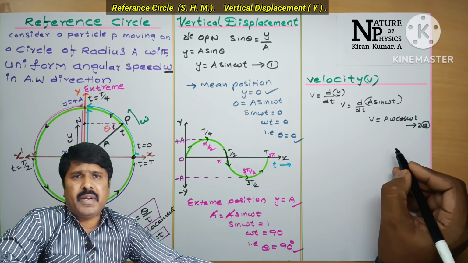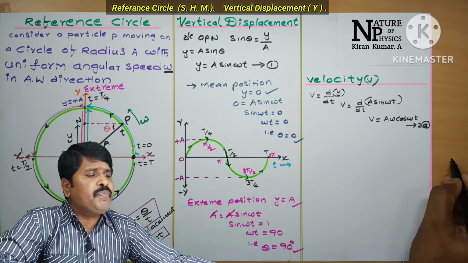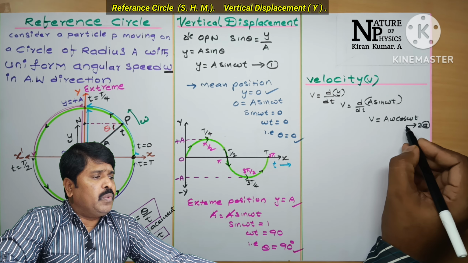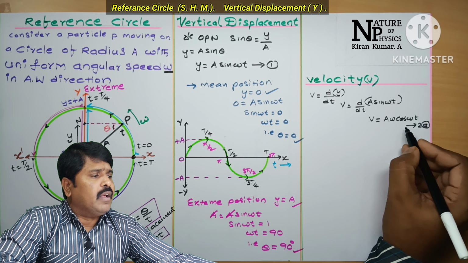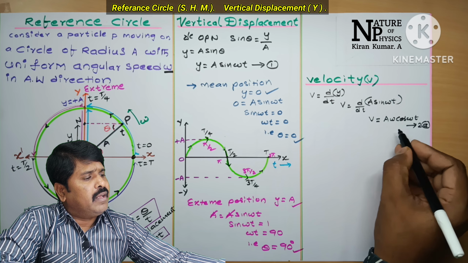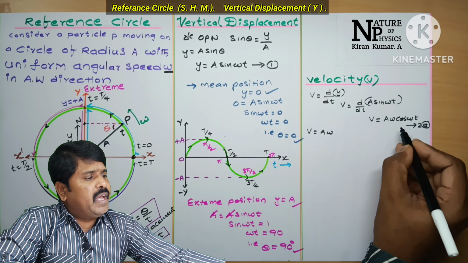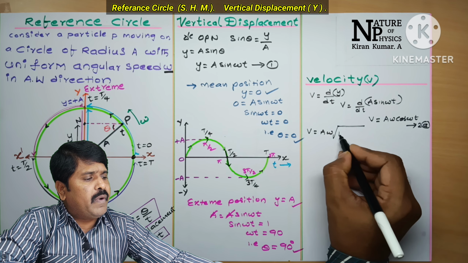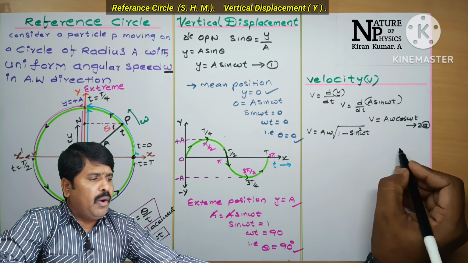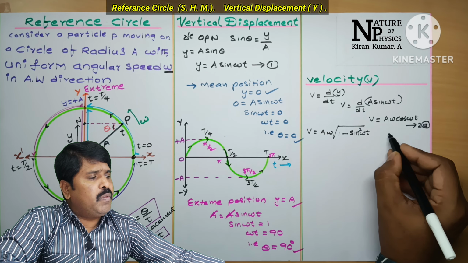So the first equation for the velocity is v equal to a omega cos omega t, and next we are going to write the second velocity equation with respect to linear displacement. This is the angular displacement equation, so for the next equation, cos omega t is root over 1 minus sin square omega t. So v is equal to a omega root over 1 minus sin square omega t there. Okay, so again using equation number 1,